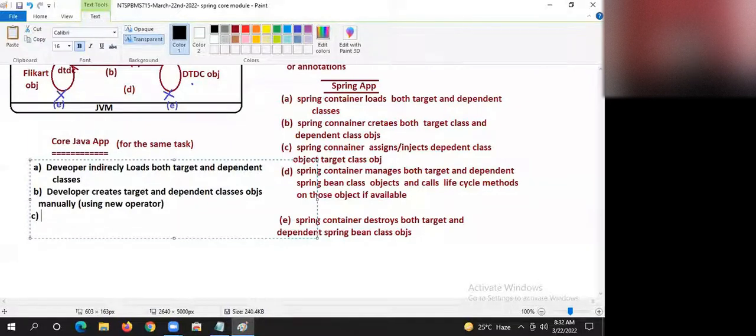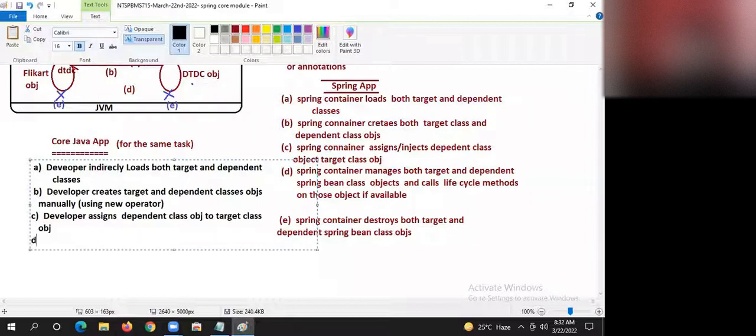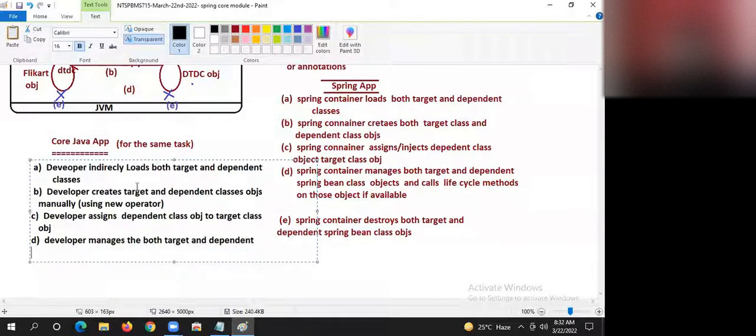See, guys. Developer assigns dependent class object to target class object, and developer manages both target and dependent class objects.